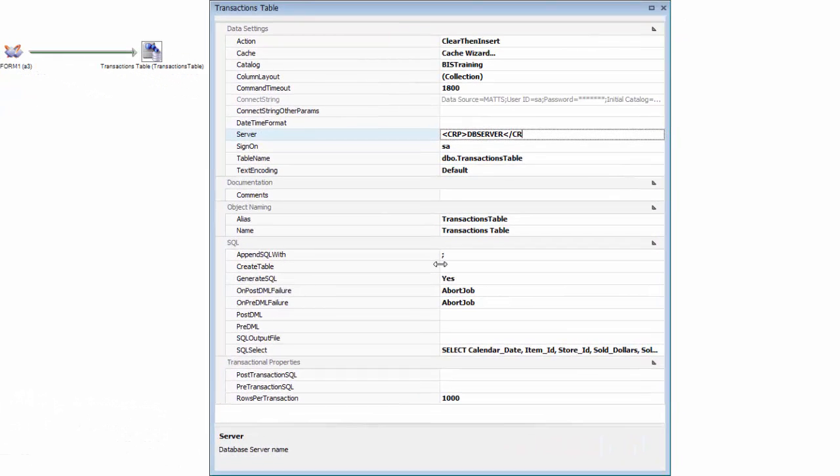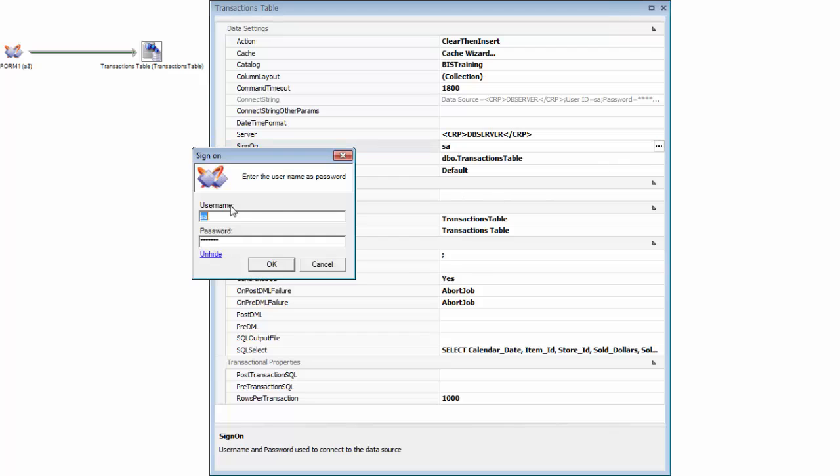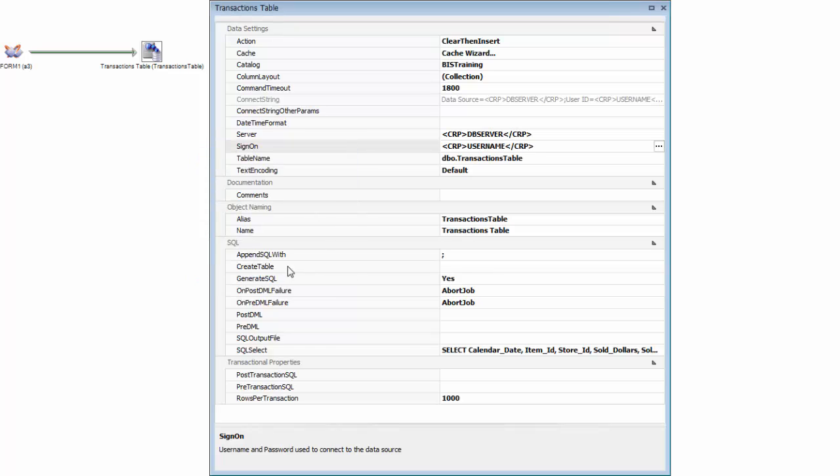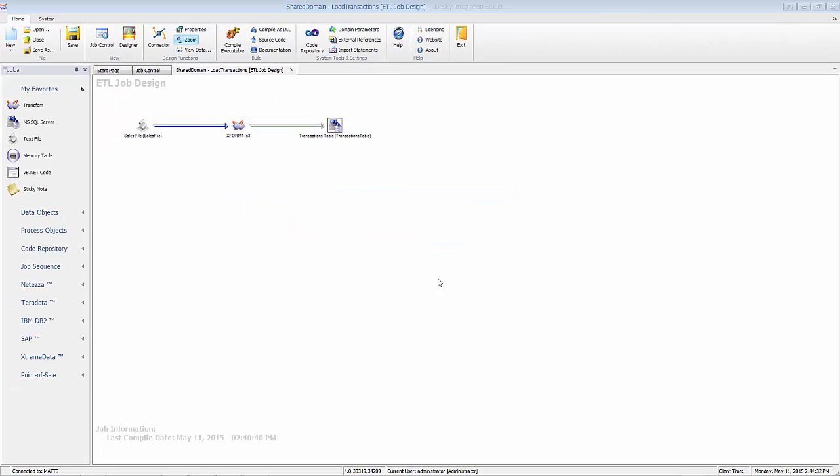So instead of hard coding the database name, I'll use the parameter value. And instead of hard coding the username, I'll use a parameter. And instead of hard coding the password, I'll use a parameter. Okay, and I can hide that too. And say OK. Now all these things here are completely parameterized so that if I go ahead and run the job,